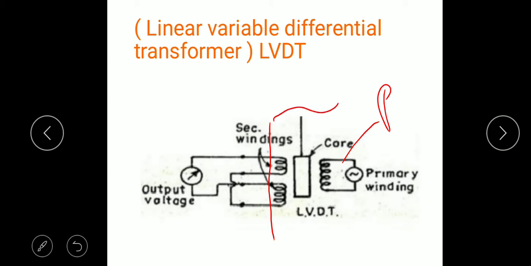On the cylindrical portion these windings, these wires, are wound, and inside the cylinder the core portion does an up and down, linear motion. So when the alternating current passes through the primary coil P1, the magnetic field will develop,